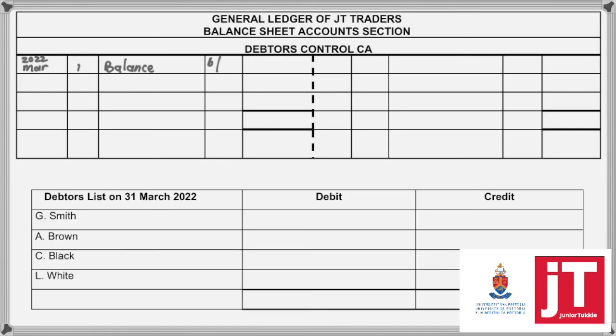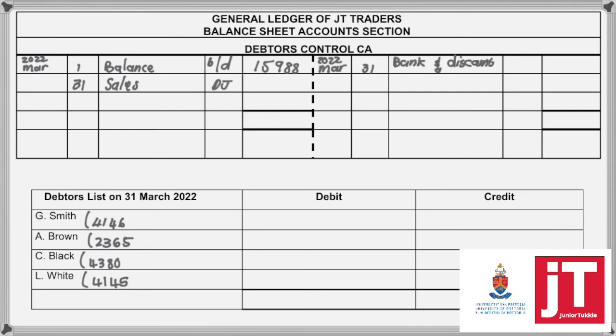So when we then start with the activity itself, you always start with a basic layout. So you start with a balance on the first, brought down 15,988. And because I didn't tell you that it was incorrect, you can copy it down. And then each debtors list, you start with an opening value, and that is from the information given to you. So you start with the balances or the totals they give you at the beginning of the activity. And then we're going to start and enter each transaction as it goes. So the first transaction,